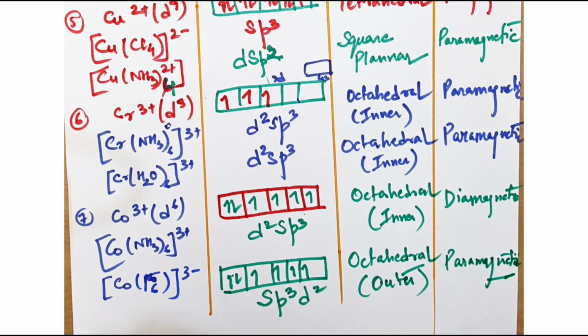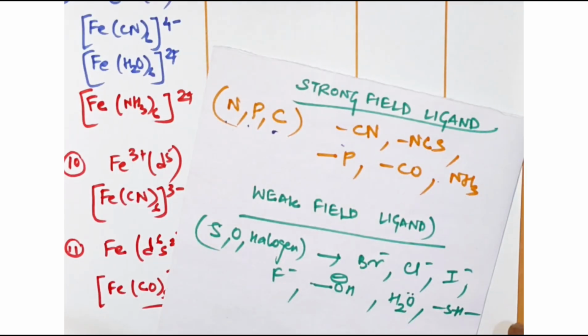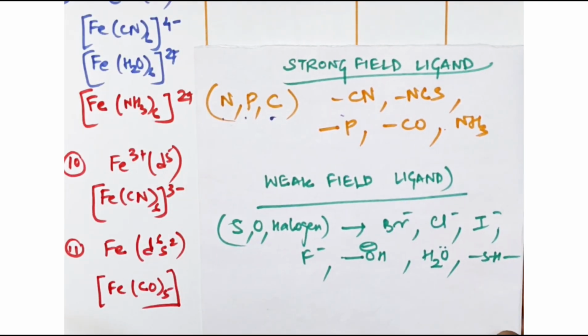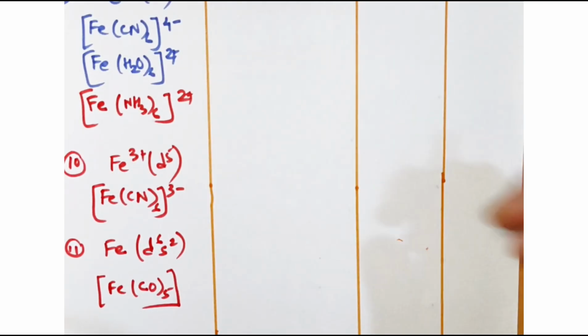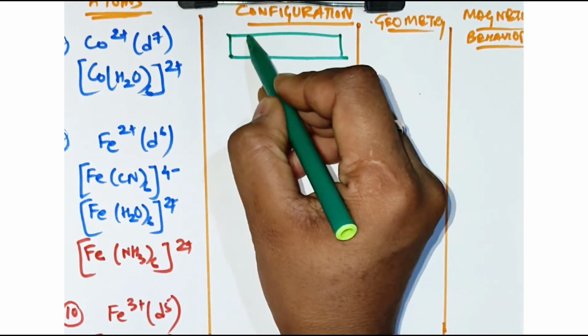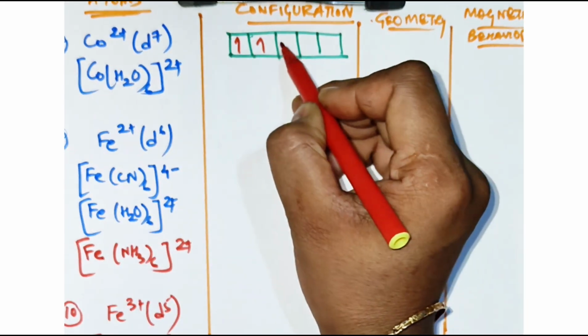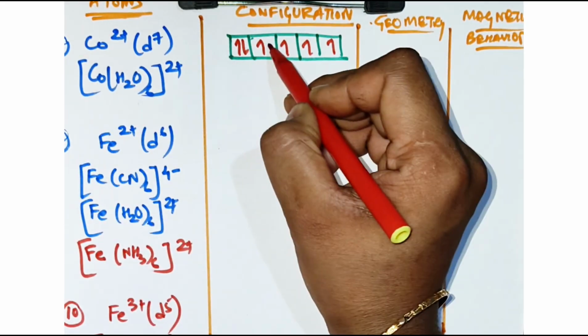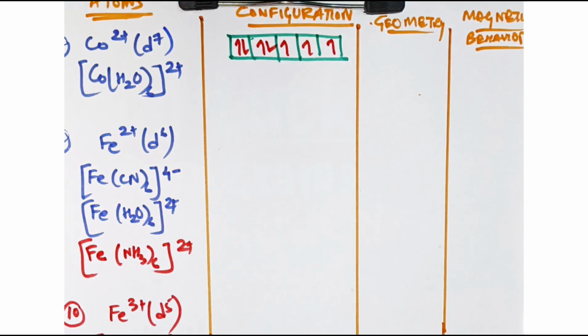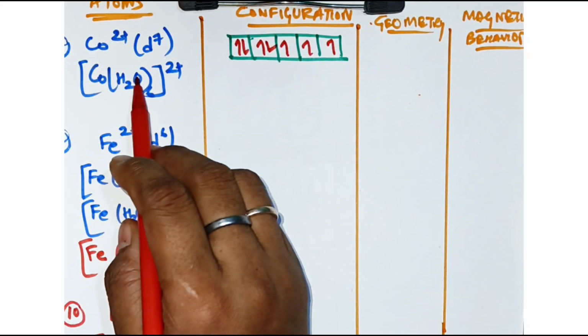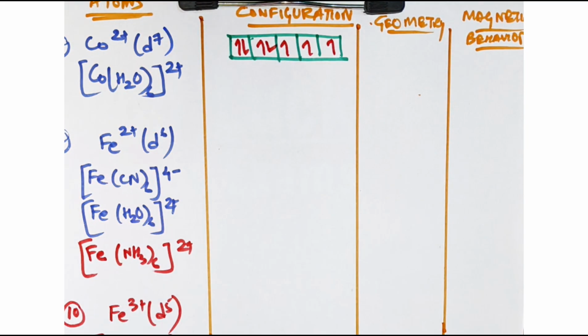Let us go to some more molecules. Here also we will take the same formula of strong field ligand and weak field ligand. We'll put that. So see here, cobalt d7, 1, 2, 3, 4, 5, and 6. Now see, this is a water molecule. It is a weak field ligand. So how many water molecules? 6. So hence it will take your